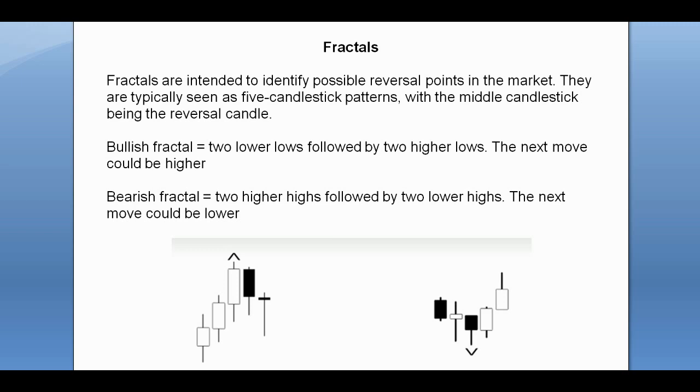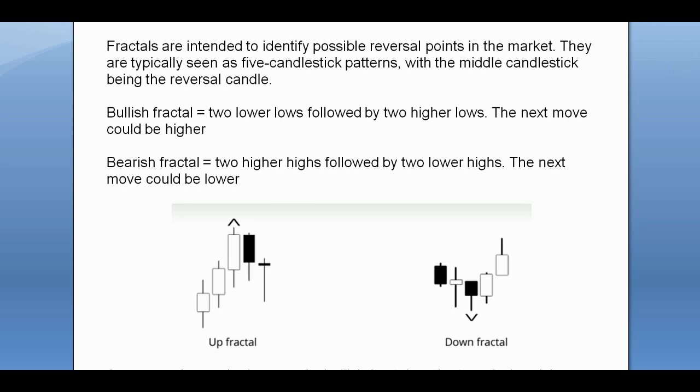And there are 2 types. You have your bullish fractal and your bearish fractal, also known as your down fractal and up fractal. Now be aware, the bullish one is the down fractal. I know that sounds wrong, but that's how it is. This is actually the bullish one right here, the down fractal. It's bullish because it's going down, then reverses upwards. So that's supposed to be bullish.